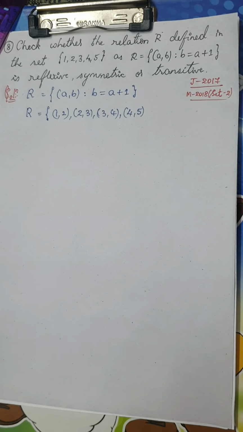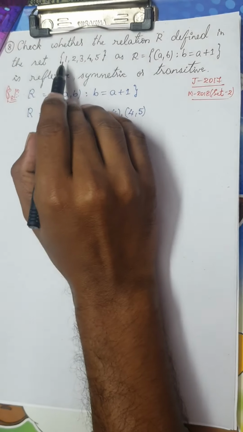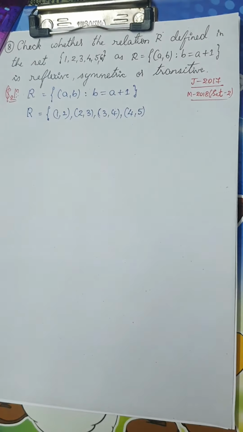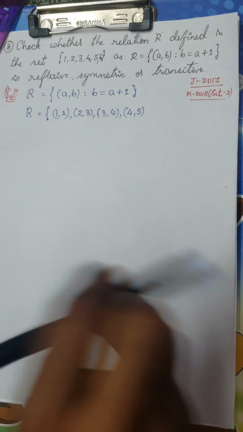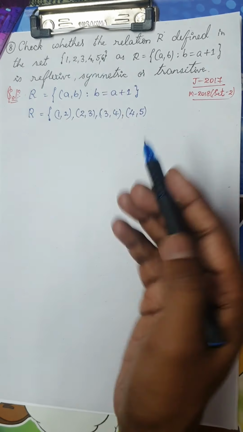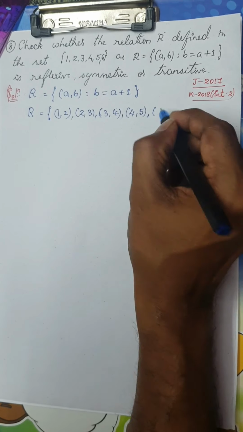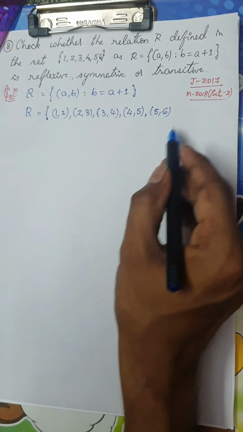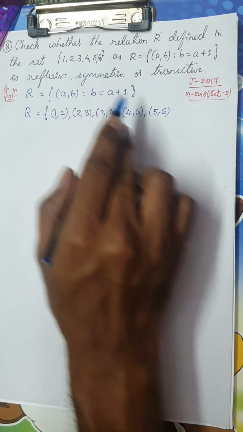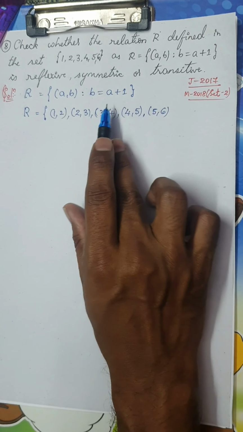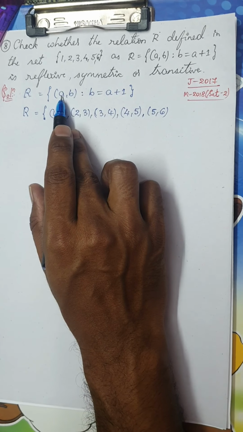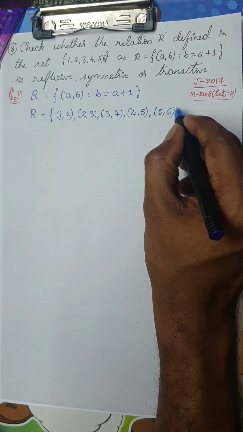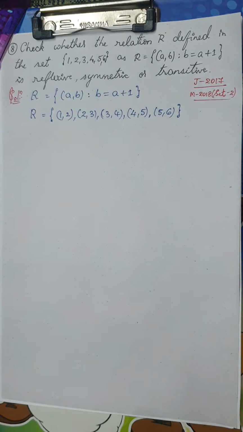Okay. A small correction, dear students. The set has 6 also. I just verified the question paper. The set contains 1, 2, 3, 4, 5, 6 also. So I can use the element 5. If I put x is equal to 5, I'll get y is equal to 6. Remember, I cannot take x is equal to 6, because if you put a is equal to 6, then I'll get b is equal to 7, but 7 is not in the set. So this is the end of the relation.